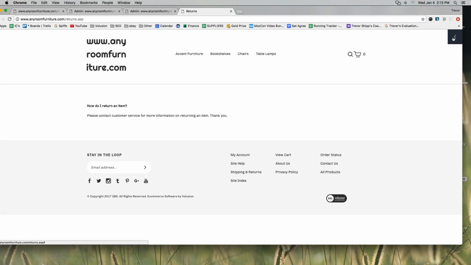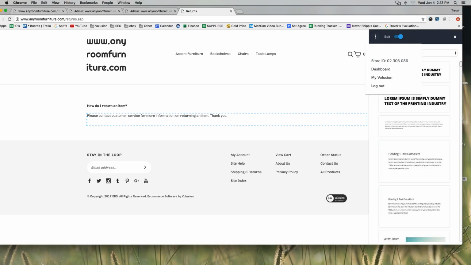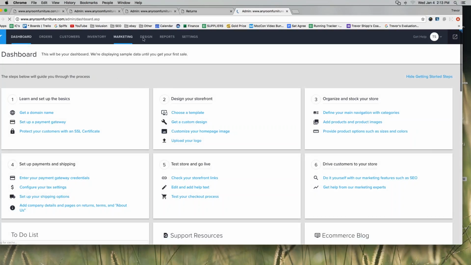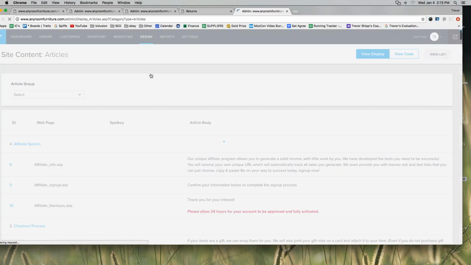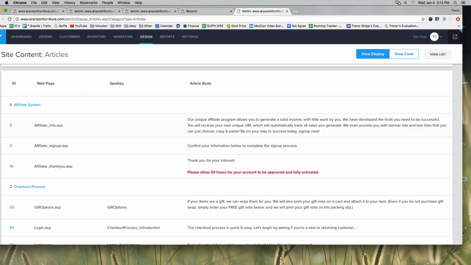If you want to edit it, click on the little black box at the top right, vertical dots. I'd probably go back into your dashboard and get to your site content, it's called. So you go design and then site content right here. This is where all those pages are. So if I click site content, we talked about a minute ago how it's kind of built on a number system. See the numbers of the different pieces of content,